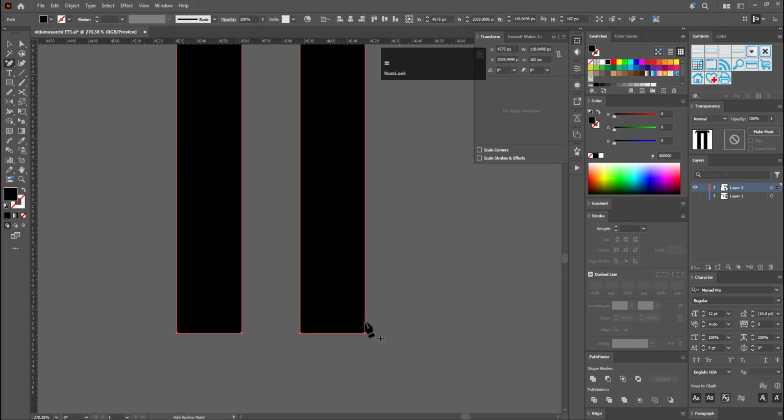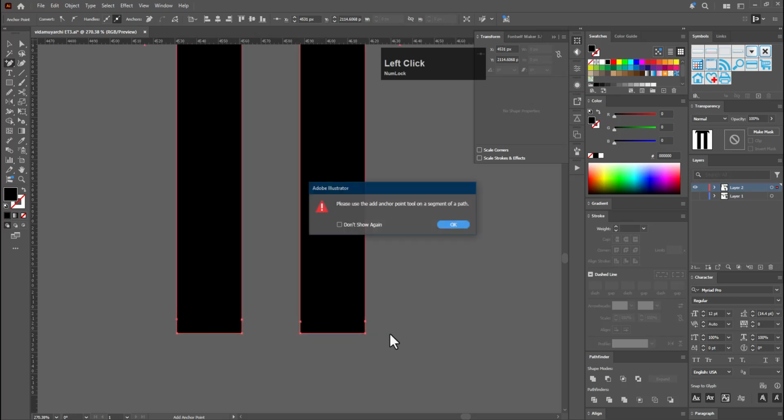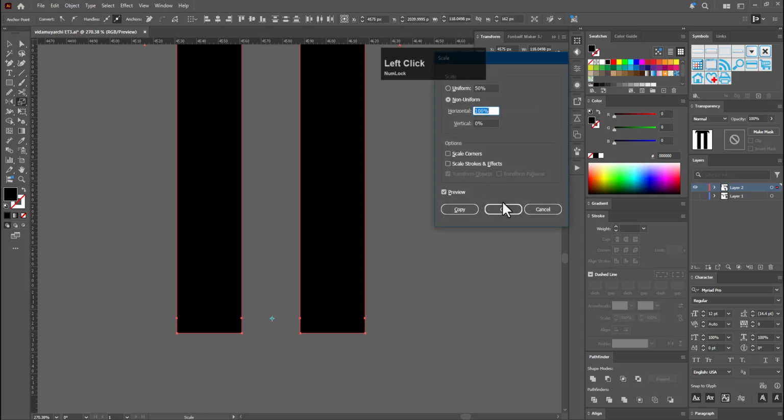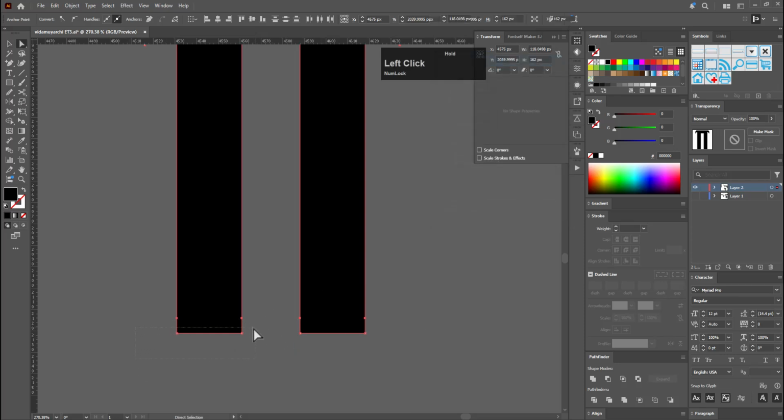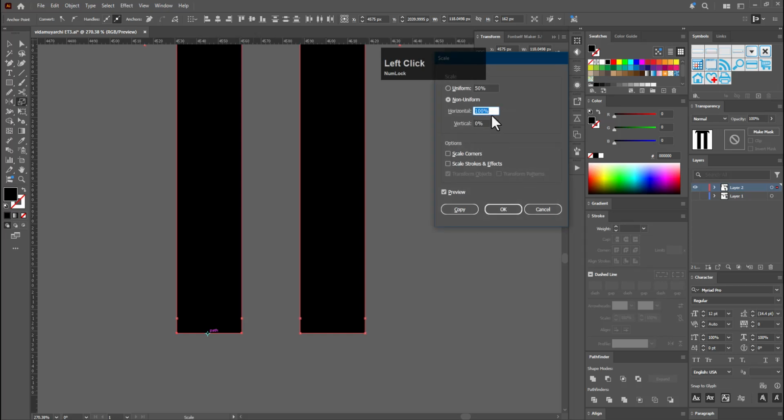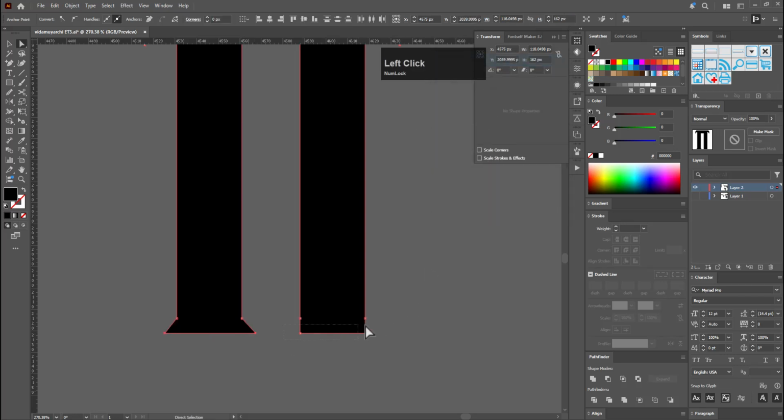Let's have an anchor point here, and here, and let's select all of this with EA, press yes and select this and press OK, and select this, press yes and hold Alt, and then increase the horizontal value something around 140, and select this and hold Alt and click this and press OK, and